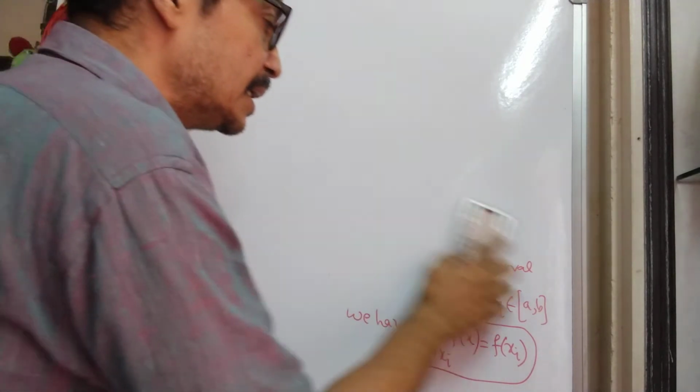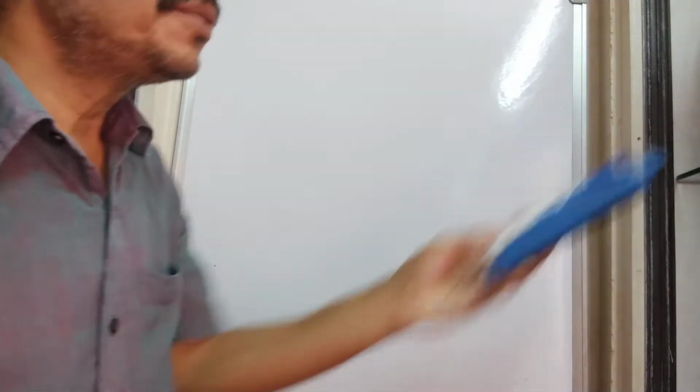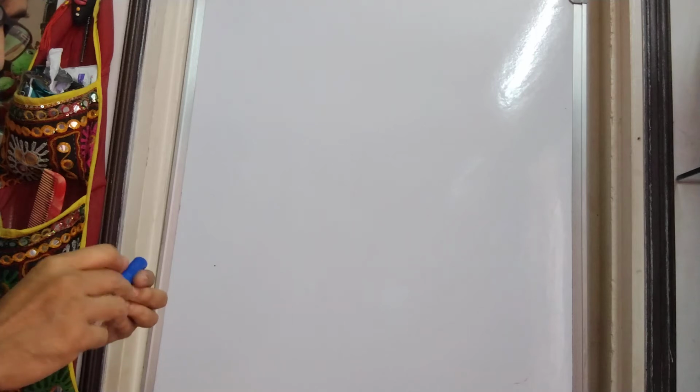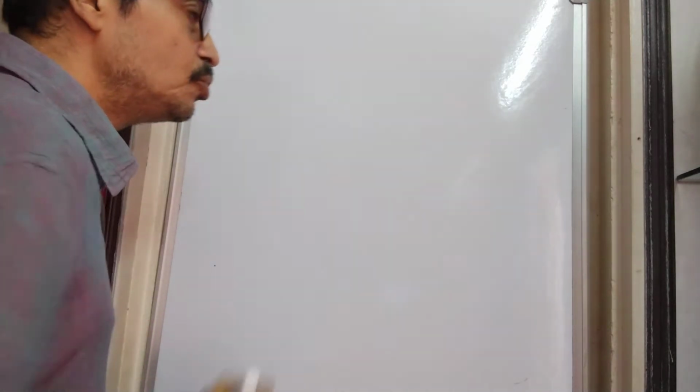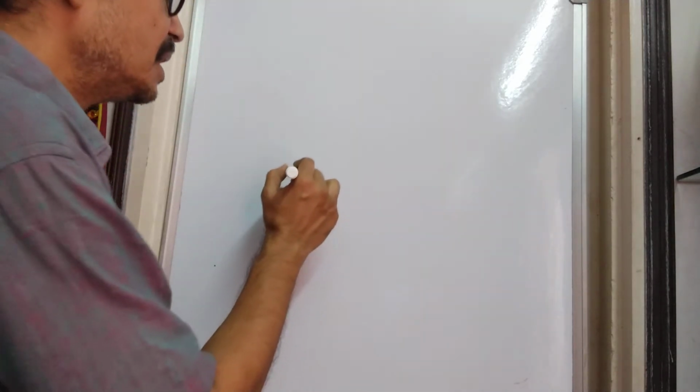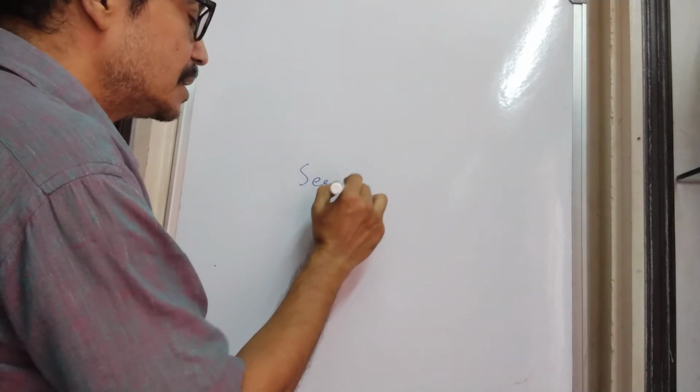Now, this basic concept of limit and continuity may be extended or juxtaposed with the concept of sequence of real numbers. How? Let us study it. Just now we have learned about the concept of the limit of a sequence. Now we just extend the concept of sequence of real numbers